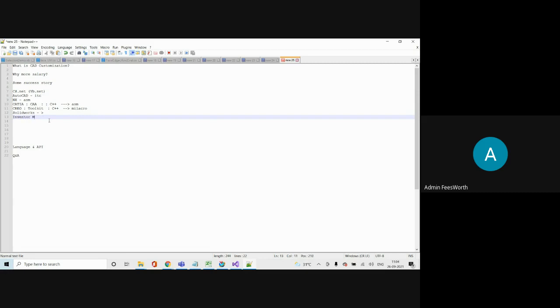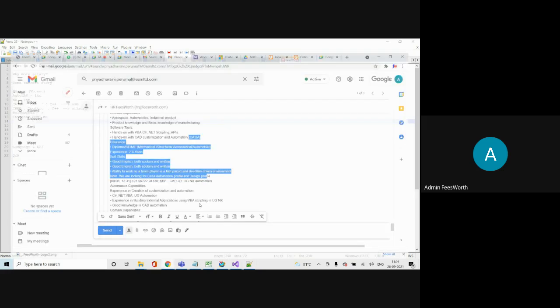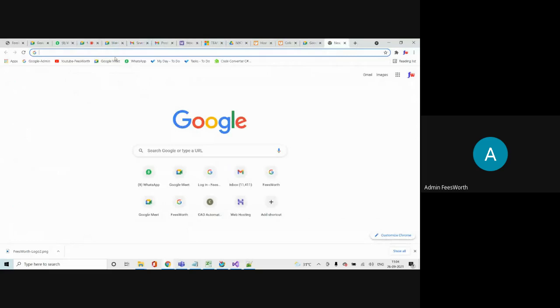That is to be specific because they are a very big group. At cumi.murugappagroup.com, this is one of the branches or divisions of the Murugappa Group. They want Inventor customization and also AutoCAD customization. There are many vacancies available right now. We can refer to them, but apart from that, we have an exclusive page for CAD customization.